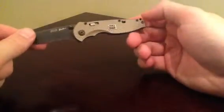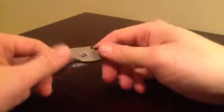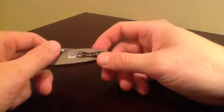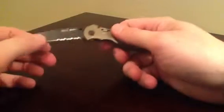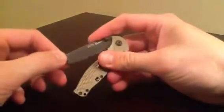I can't get over that blade play. Yeah, it's pretty bad. But that's SOG for you. Please communicate with me. Let me know if I've had a bad string of SOGs, if the last 8 or 10 SOGs I've messed with have all been flukes of blade play. If you've got a good SOG that locks up tight as can be, post a video. Let me know. I like to talk to you about it because I'm just interested to find out if this company's still making knives that come out of the box with blade play. So that's your little talk about this SOG Flash 1